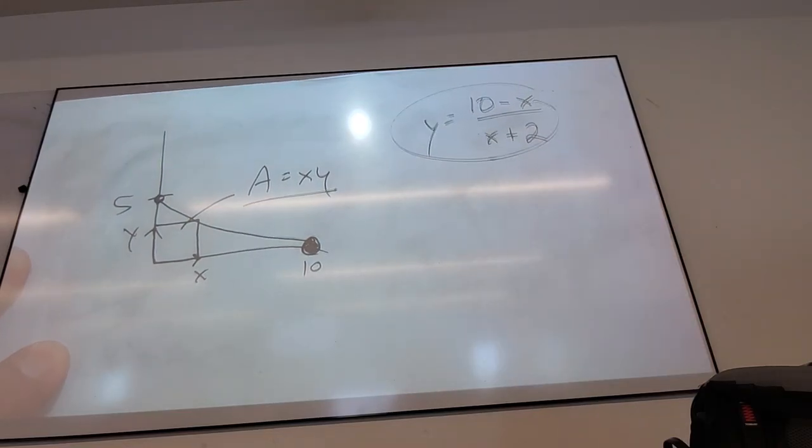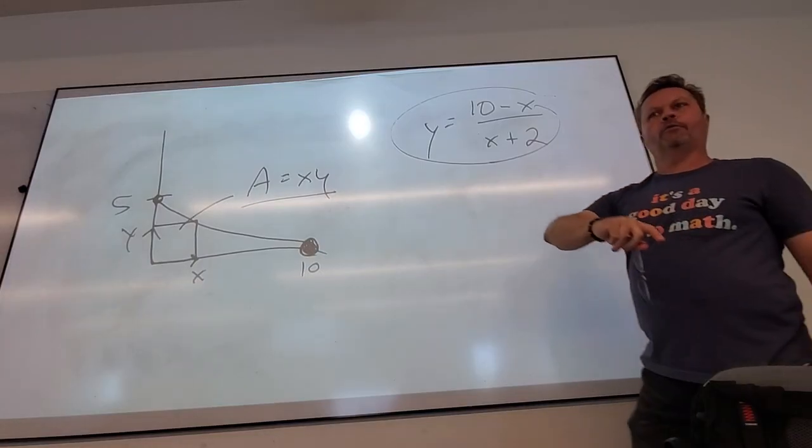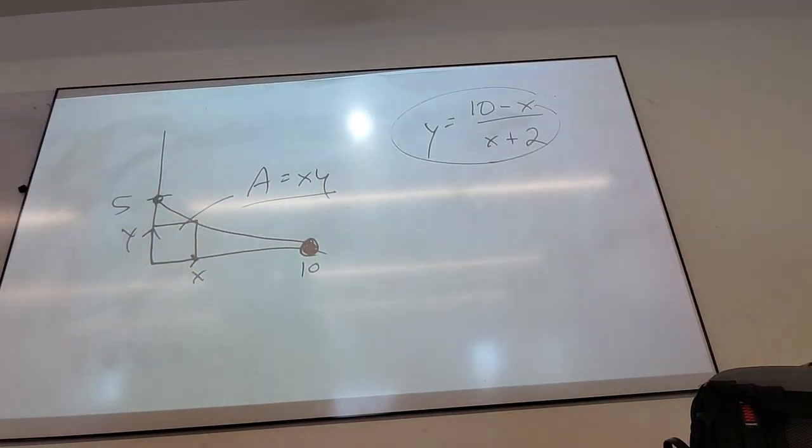Now, what kills me is somebody wrote this, and then they took the derivative of this. I'm like, shit. What are you trying to maximize? The area. What are you going to attack with calculus? What function? You're maximizing area, so what function are you going to attack with calculus? The function that represents area. Yes, that's the whole idea. If I want to maximize area, I need an area function. I can attack it with calculus. Maximize area means take the derivative of area, get the critical numbers.